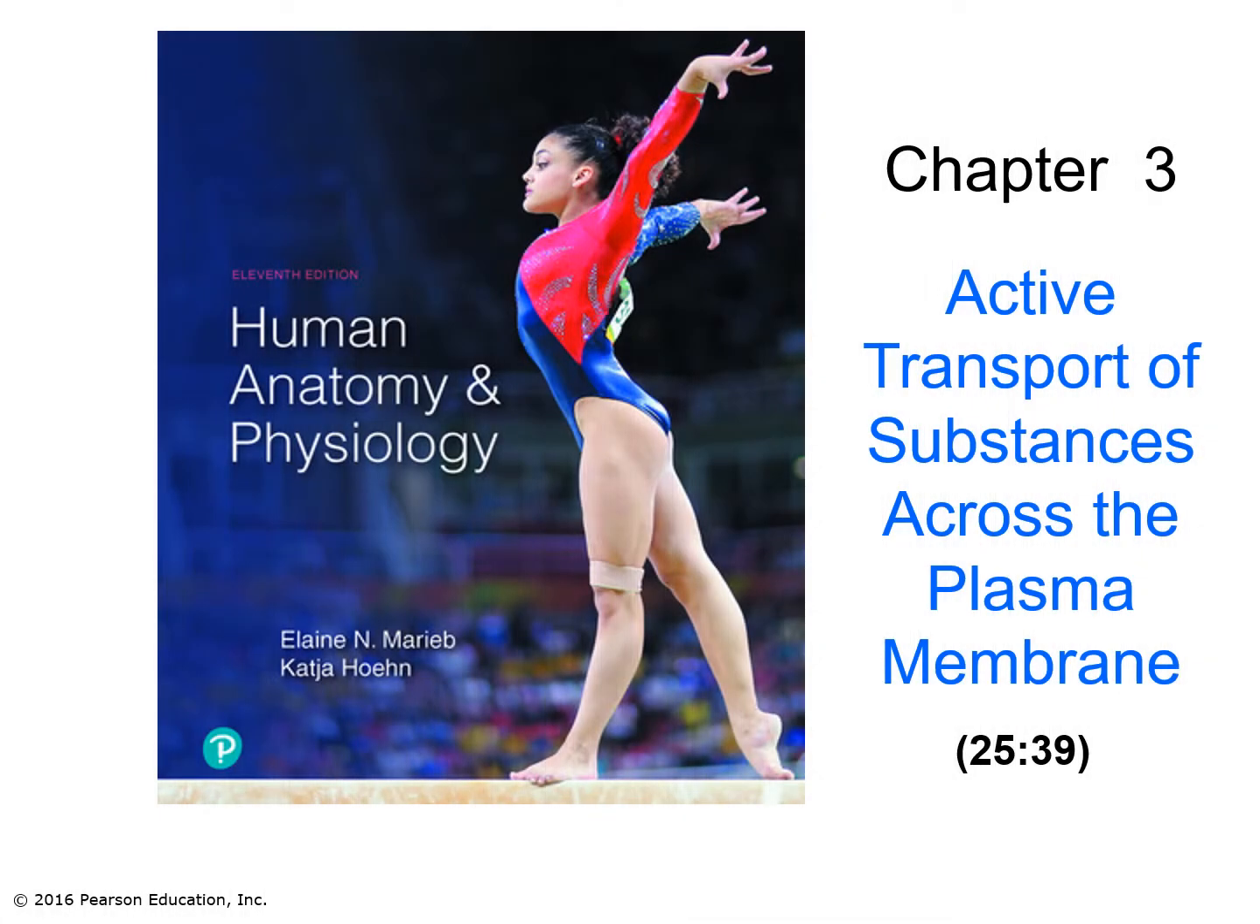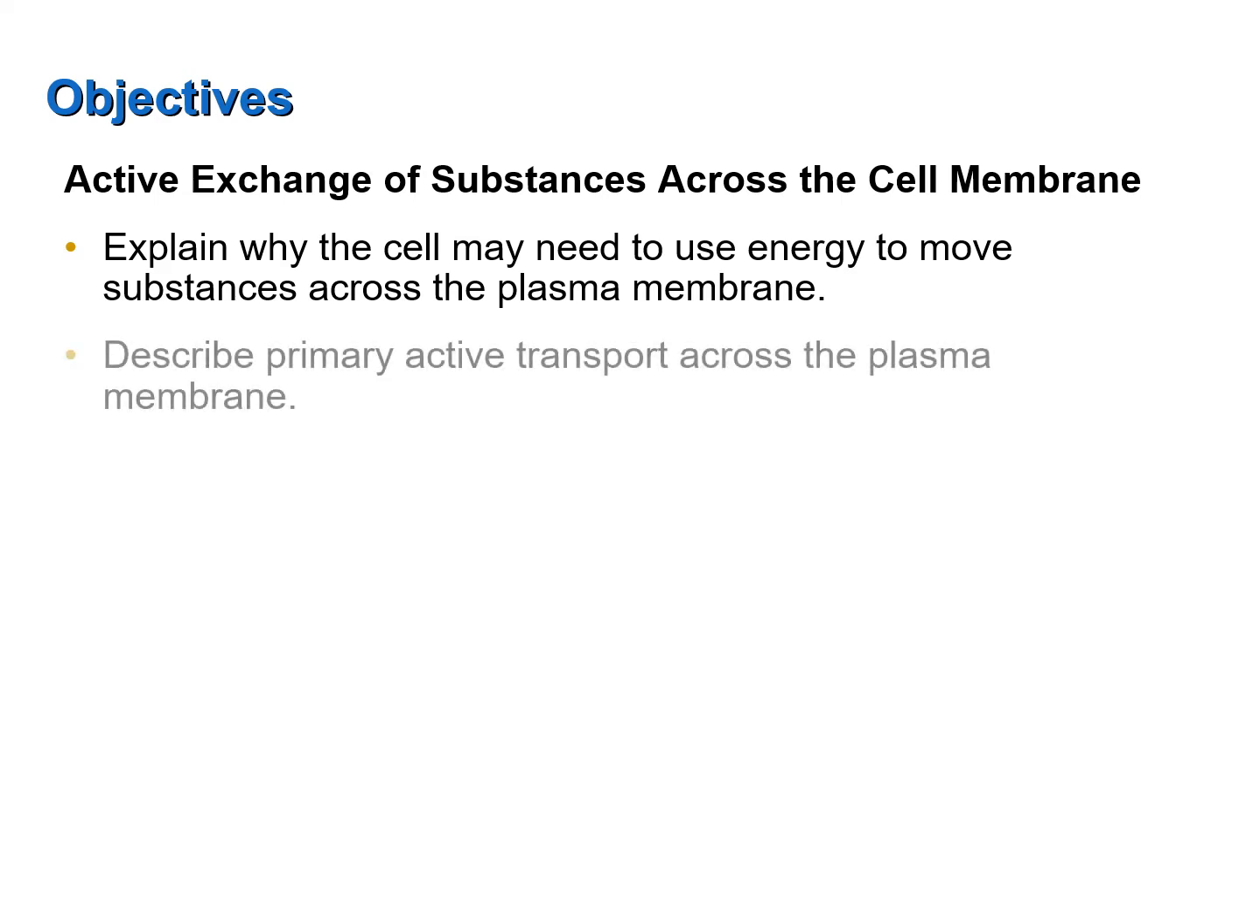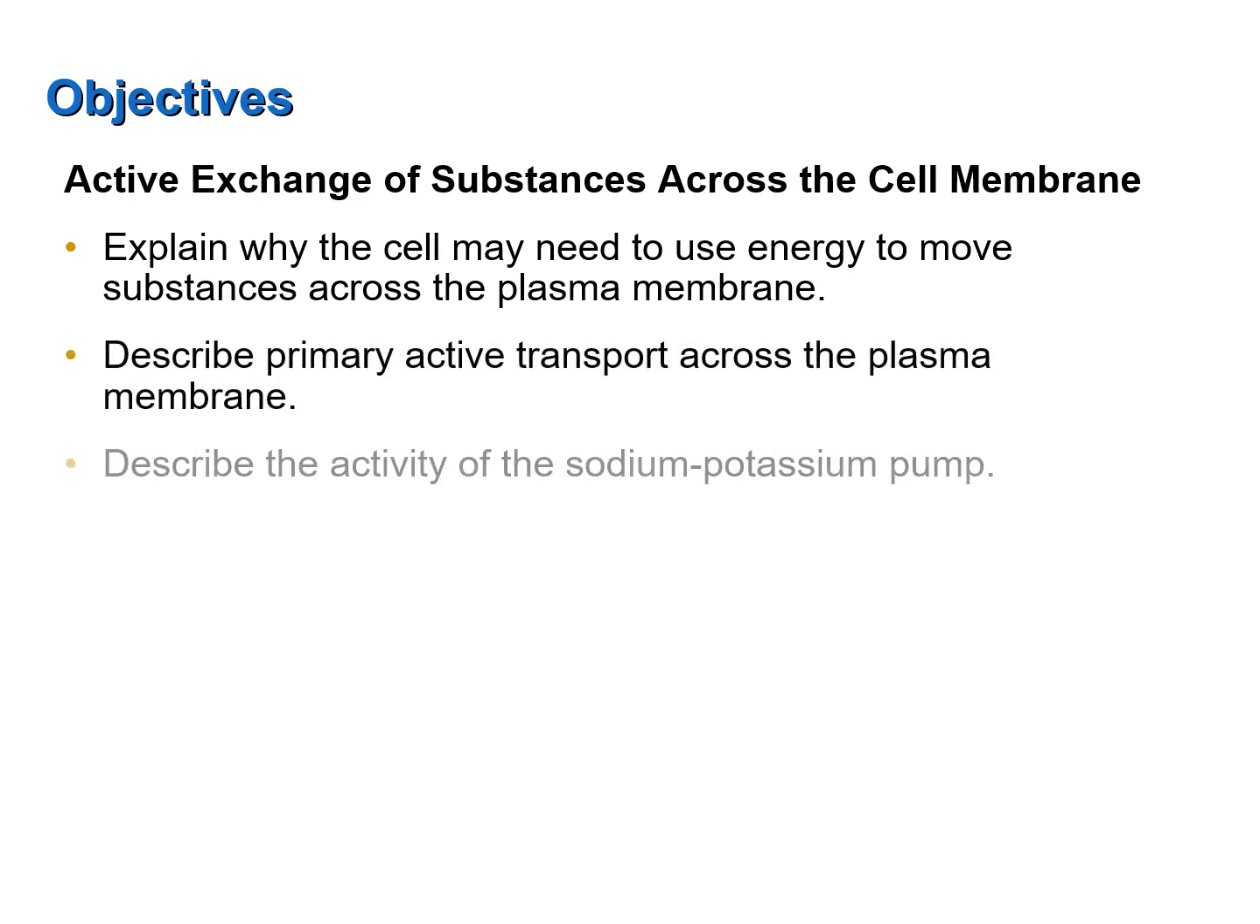This video covers the topic of passive transport of substances across the plasma membrane from Chapter 3 of your textbook. This screencast was designed to help you achieve the following objectives: explain why the cell may need to use energy to move substances across the plasma membrane, describe primary active transport across the plasma membrane, describe the activity as well